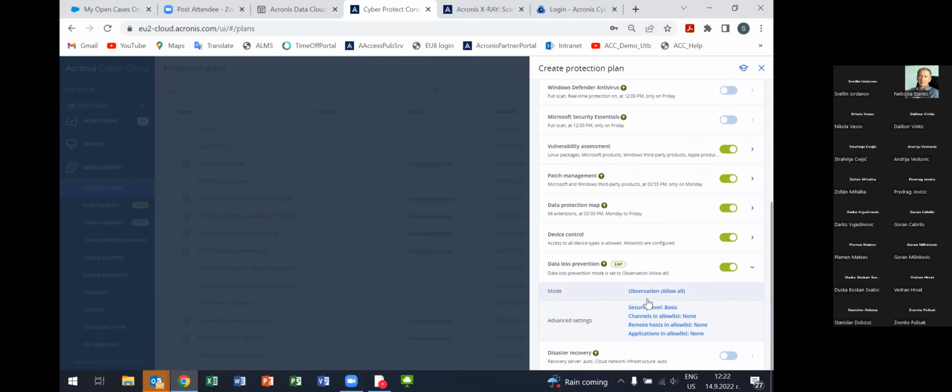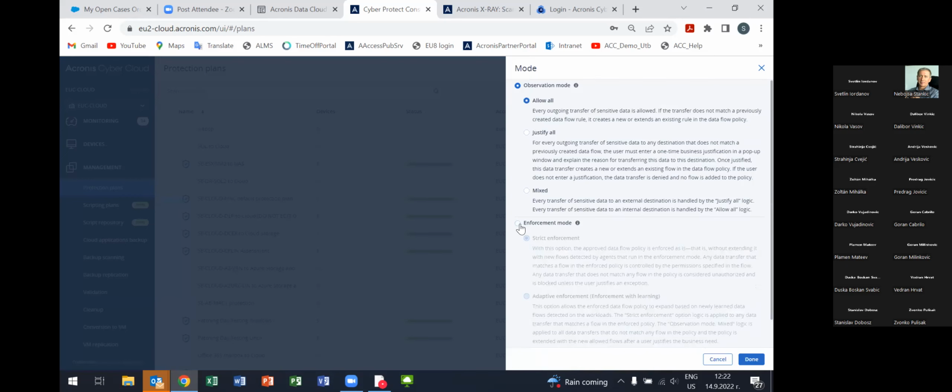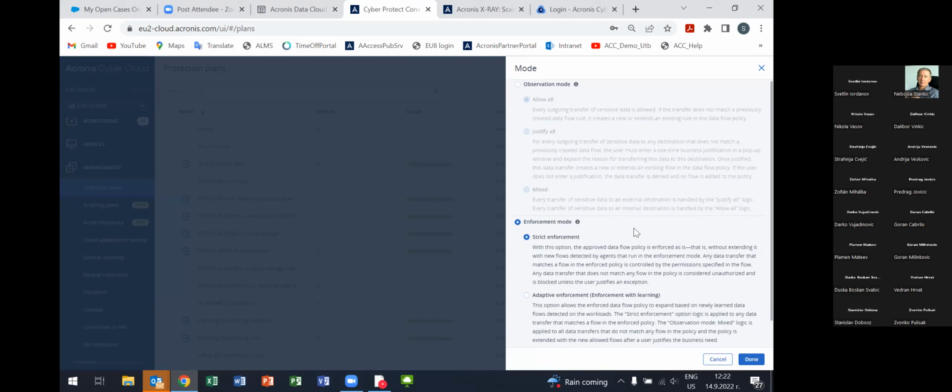So let's go here. When you go to enforcement mode, you have two possibilities. The first one is strict enforcement. In strict enforcement, only the DLP rules which you applied, which you have in the data flow section, are being